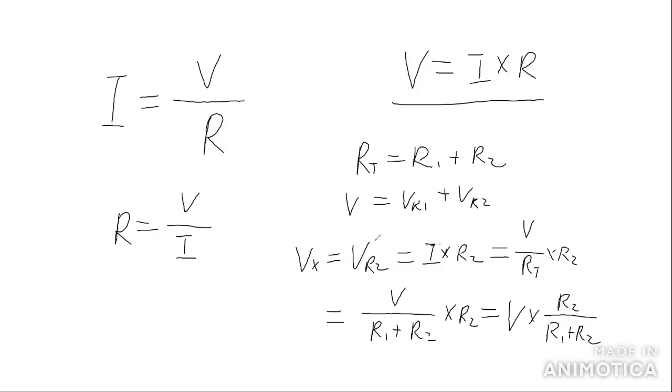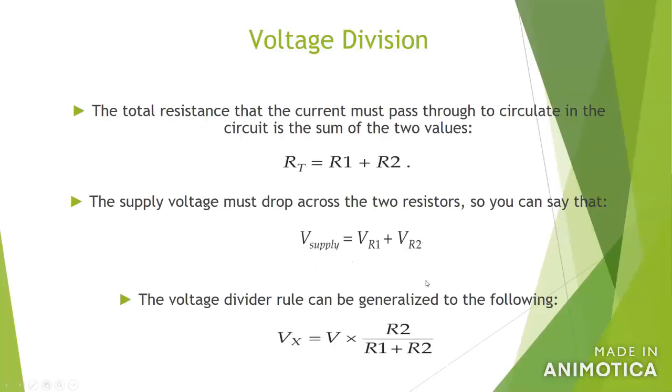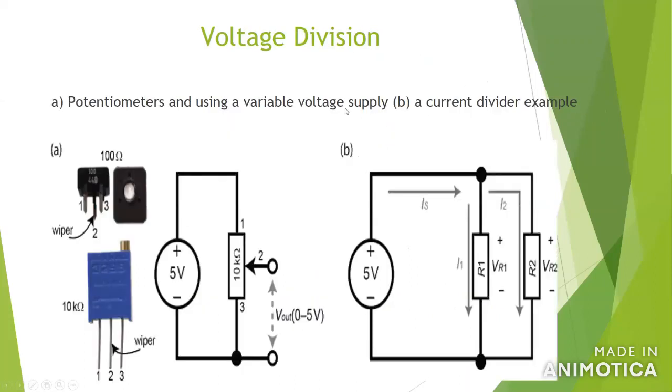If you want to find out what is VR1, you just use V times R1 over R1 plus R2. Okay, so that's why we call this kind of circuit a voltage divider, okay? So you can see this is the voltage division principle. And for voltage divider, usually we use